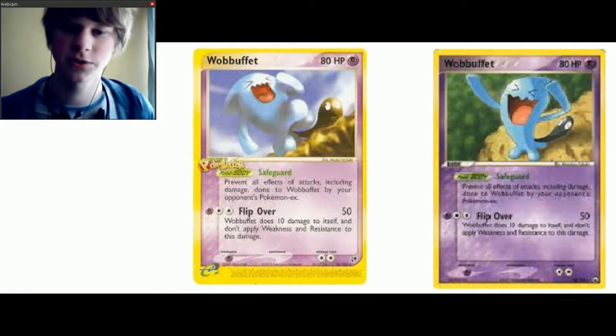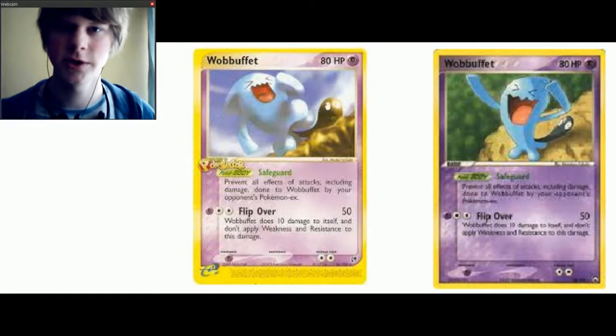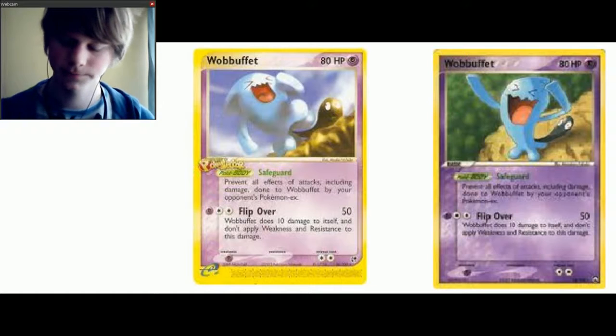Wobbuffet from EX Sandstorm has an ability called Safeguard. You might remember this one if you played the Pokemon trading card game online from back in the Boundaries Crossed Onward standard formats from last year. Safeguard is an ability that prevents damage from EX Pokemon, so when an EX Pokemon tries to attack Wobbuffet, it's not going to work. However,